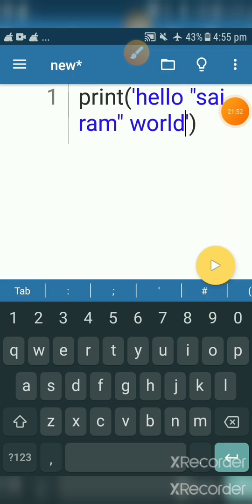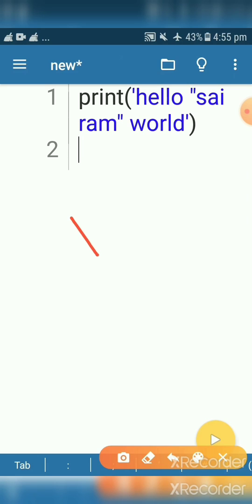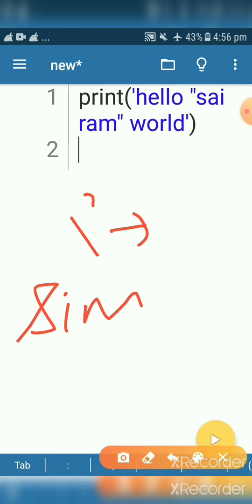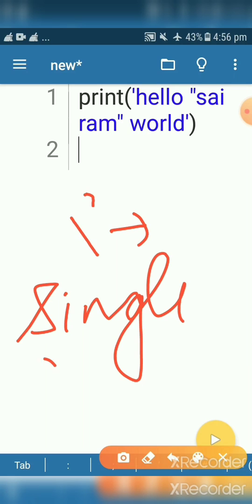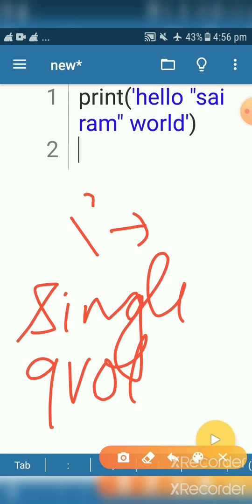Okay children, let's discuss the very first escape sequence. Very first escape sequence, that is backslash and single quote. What is the meaning of that? Single quote.